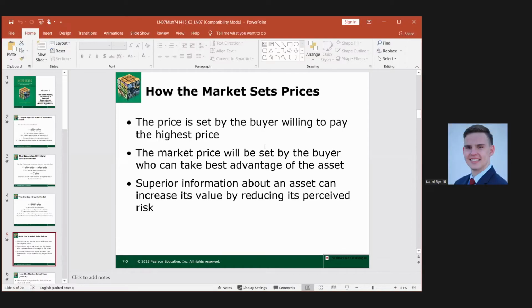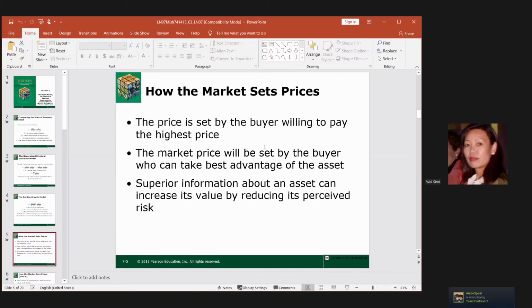Go ahead. If there is only one iPhone left, then you will start bidding for it, and the person willing to pay the highest price will get it. Exactly. Otherwise, it doesn't sell, and if it doesn't sell, Apple gets no money. So it has to be the highest willing to pay. Very good, thank you. For example, Apple is very greedy.